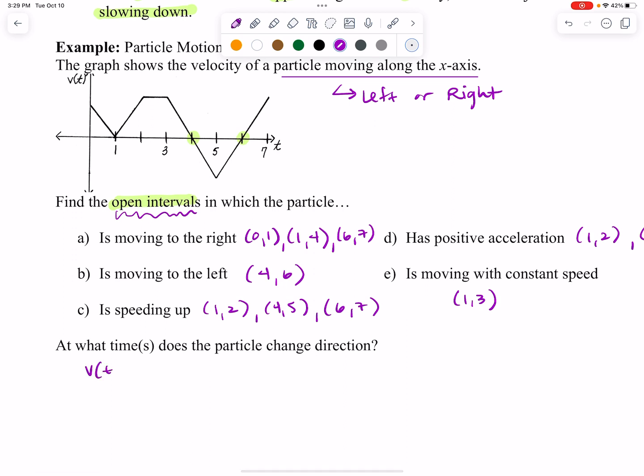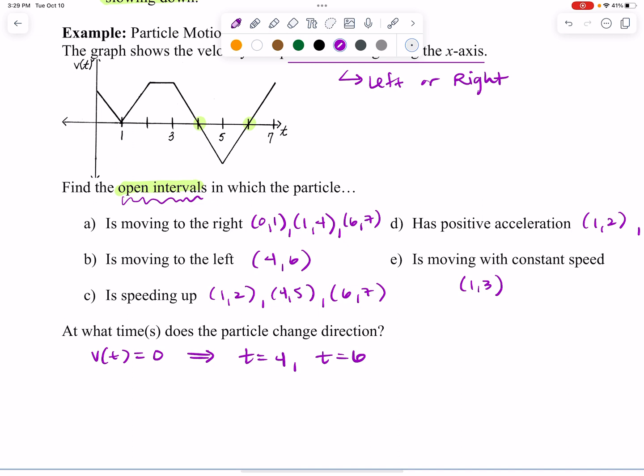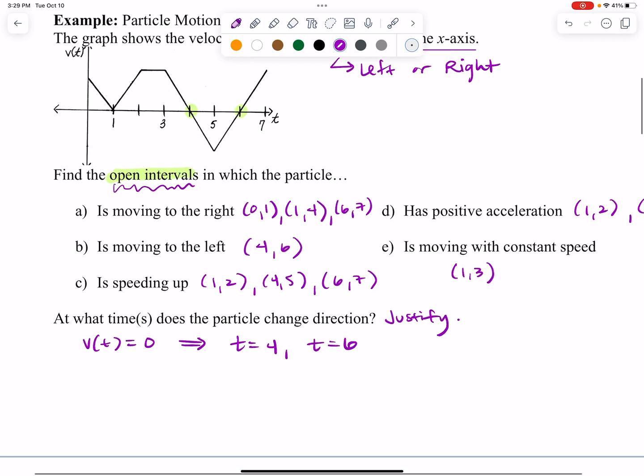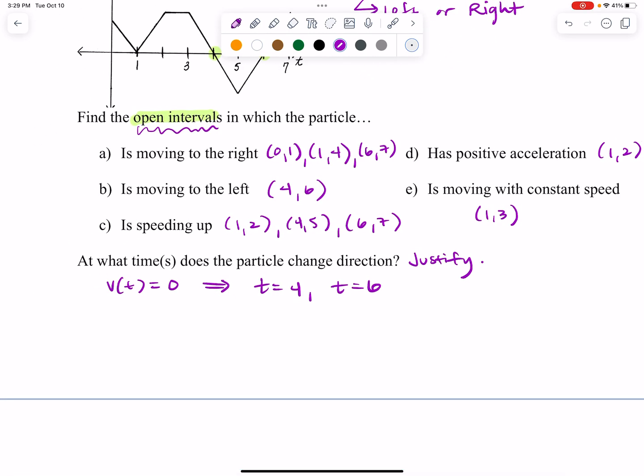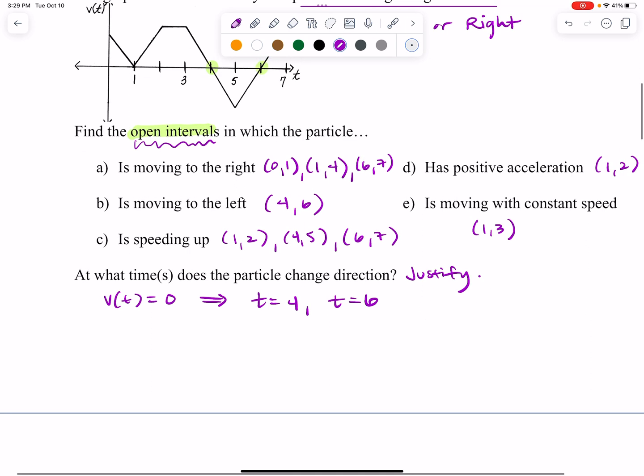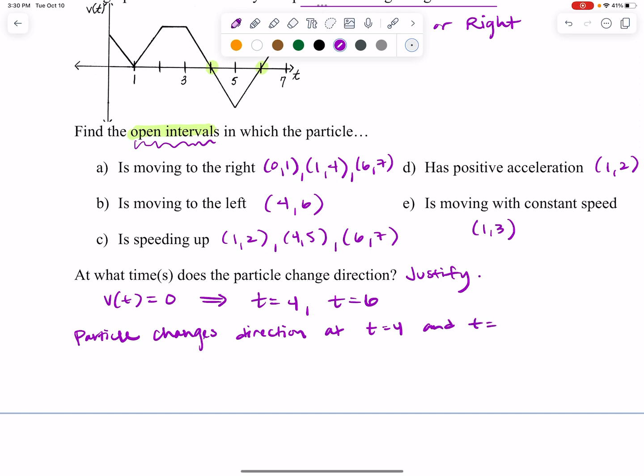So where v of t is equal to 0 ends up being at t equals 4 and t equals 6. Okay, and if we were being asked to justify, which is a really common type of question, you would make that statement that those are the values where v of t is equal to 0, and then you could say something like the particle changes direction at t equals 4 and t equals 6